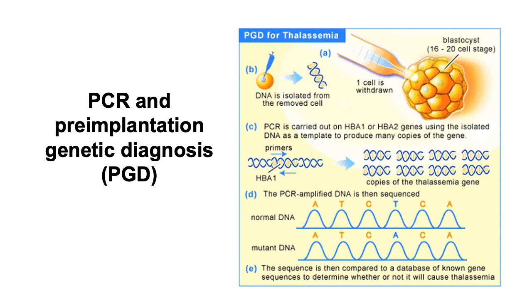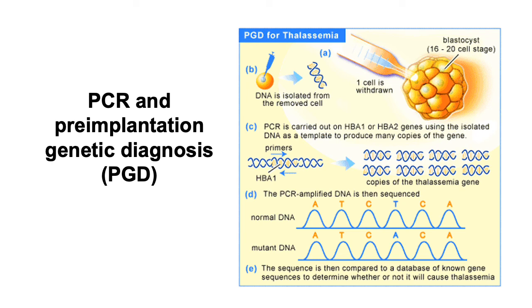In this particular panel that's shown here, this is PGD, or pre-implantation genetic diagnosis for a disorder called thalassemia. And you can see in part D the normal DNA has a T at a particular location, and the mutant DNA has an A. So you can amplify the DNA, you can determine the genetic sequence of that DNA, and with that determine the genotype of the embryo, and then make the decision as to whether or not you want that embryo to be